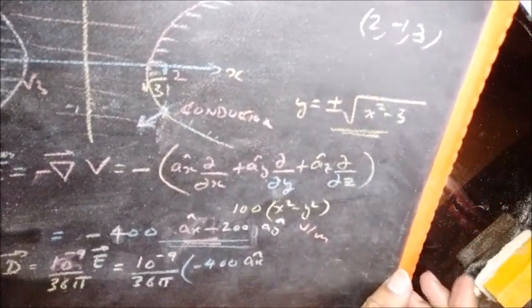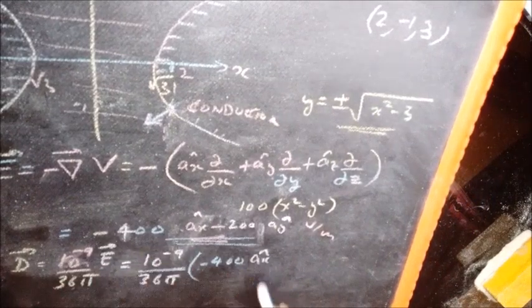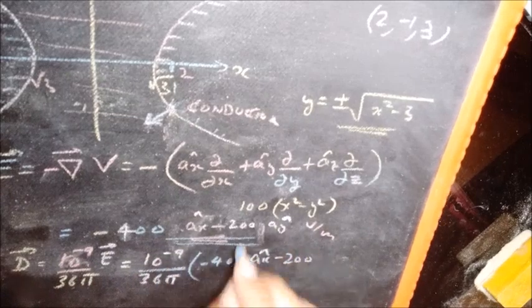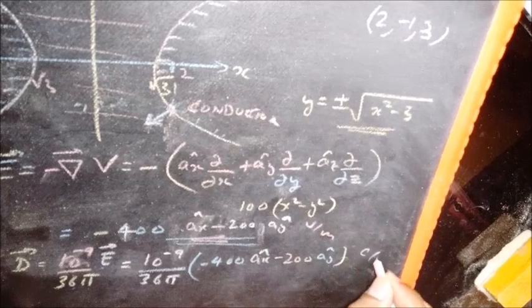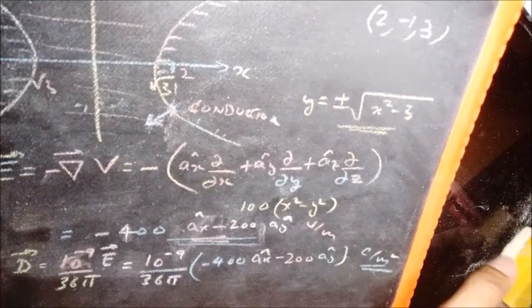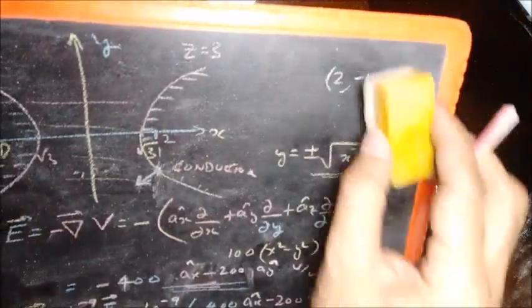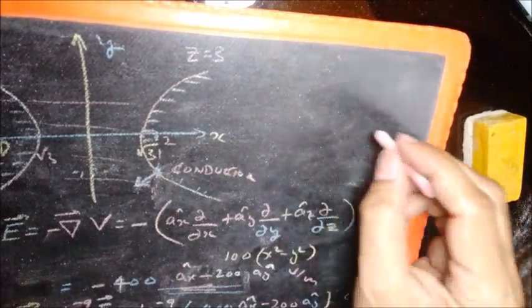So D is 10 power minus 9 by 36 pi E. This is epsilon naught here, E is here, minus E at the point 2 minus 1 3 of course, ay cap, so many coulomb per meter square. Now by virtue of the boundary conditions, at the interface between a conductor and free space, or a conductor dielectric boundary condition,